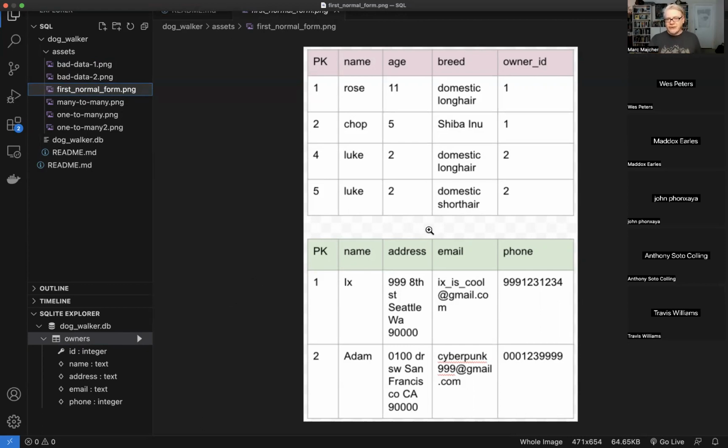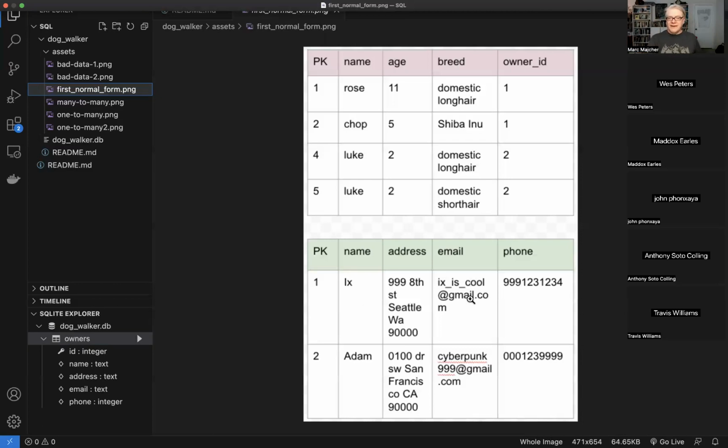But look at this. We have two entries named Luke, age 2, domestic long hair. The way the data is set up, I'm going to assume that those are two different dogs that coincidentally just have the same name, breed, and age, and are owned by the same people. Adam has two dogs named Luke that are exactly the same. They're twins.